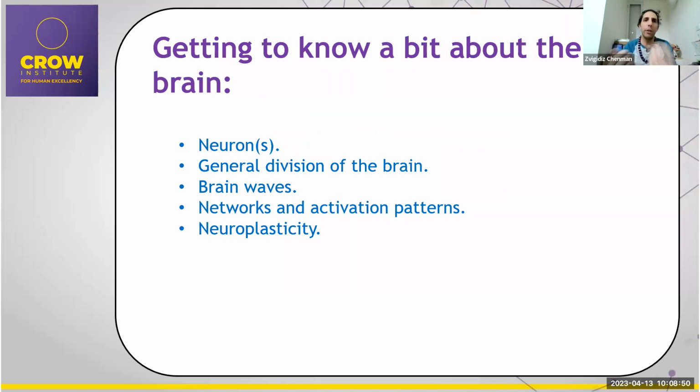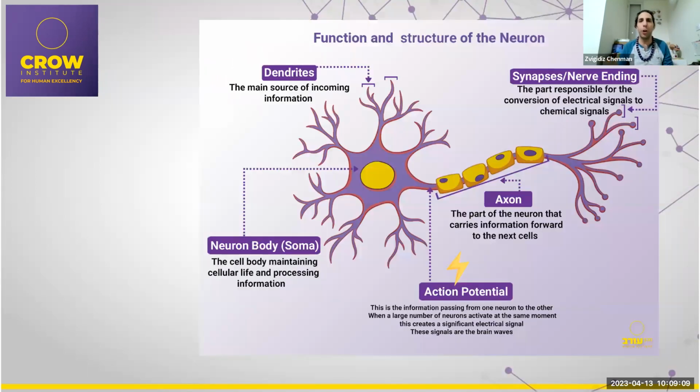And let's start getting to know about the brain. So like I said, first, I'm going to give you some knowledge. Probably some of those things you already know, but we're going to see how we take all those things together. So the basic thing about the brain, the basic unit, is the neuron. I'm showing neurons because if any one of you has ever seen a neuron in your life, in a picture or anything, this is the basic thing that most of us know. There's the cell body, there's the axon, there are dendrites, there are synapses. Basically, that's how the thing works.